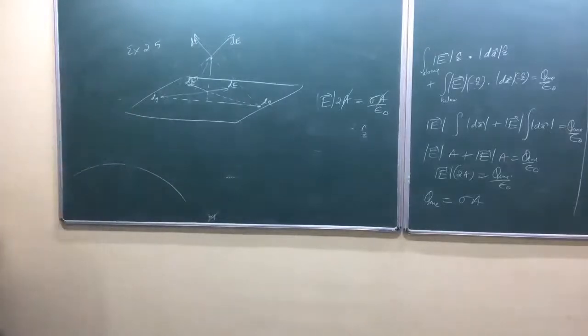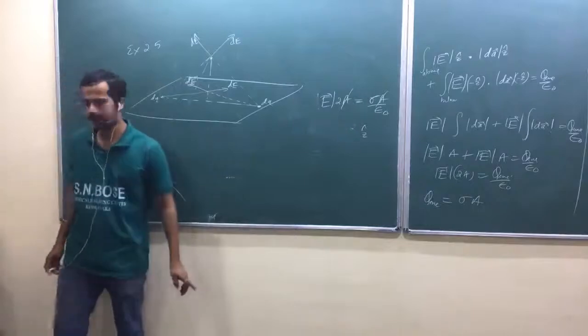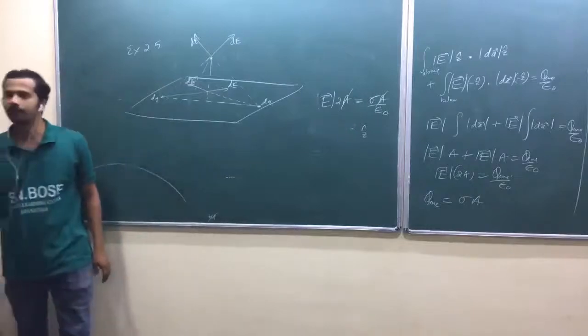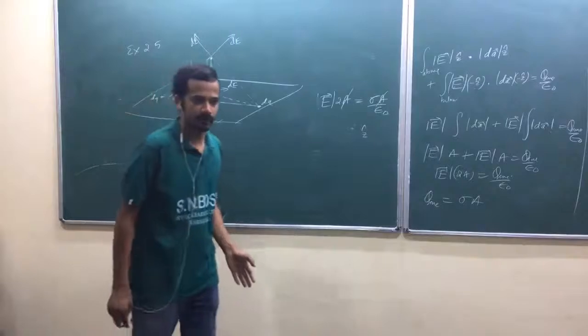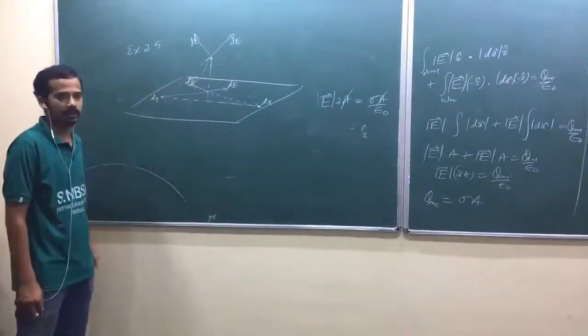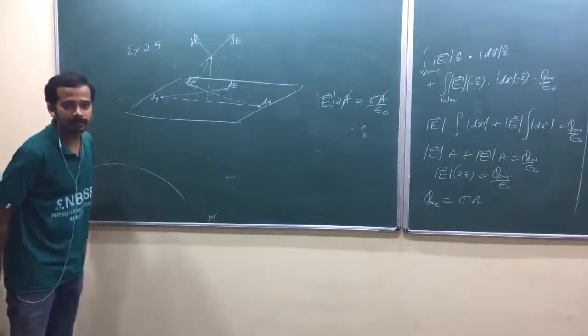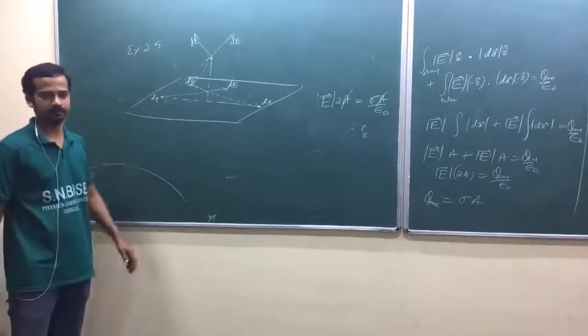Yeah, that question. If there is a finite plane, definitely there will be Z dependence. Okay, definitely it will depend on Z. But again, that's what I said. For a finite plane, it may be a little difficult to find that. You can't apply Gauss law for a finite plane. A finite plane does not have planar symmetry at all.